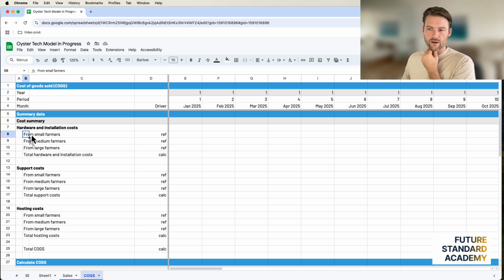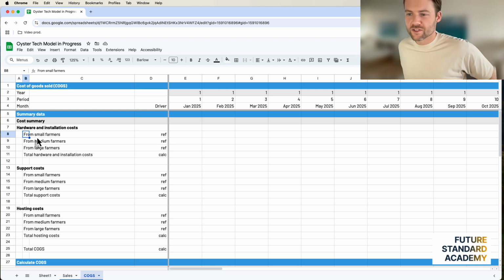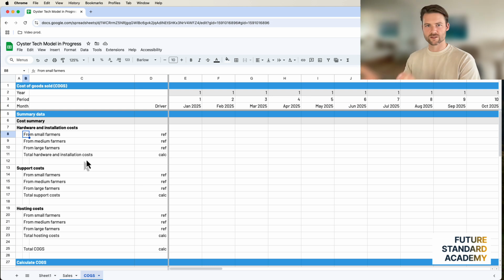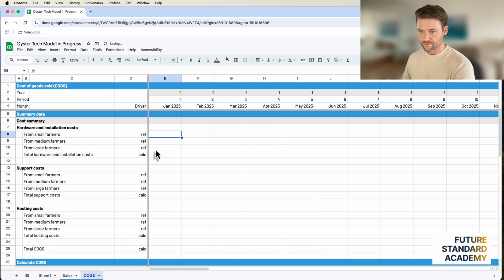If I did this on a small, medium, large farmer basis, I'd be able to see gross margins for each of my small, medium, and large farmer customer segments, right? And when I can do that, maybe I'd say, well, actually small, I'm only making 30% on a sale, whereas large, I'm making 50%, right? So then I want to shift my focus to large, right? There's quite a few more details that we need to go into for that kind of calculation here, but it just gives you an idea that you can flip this data, slice it, dice it, however you want, up to you and whatever your business needs are, pretty much.